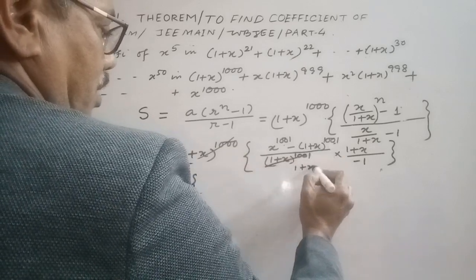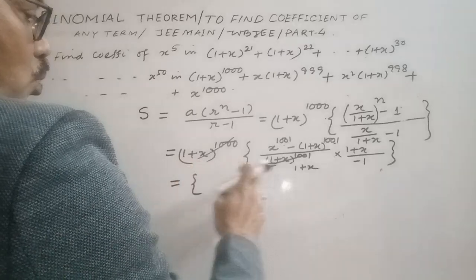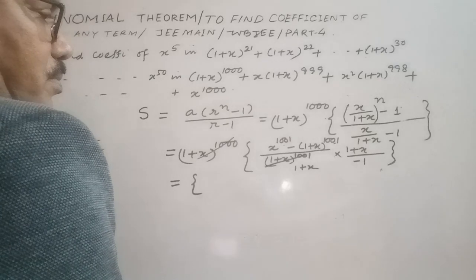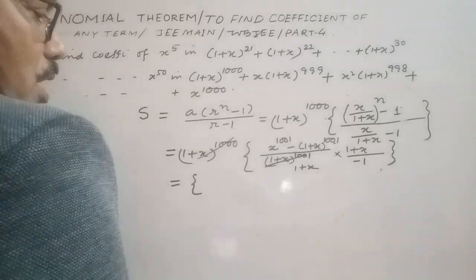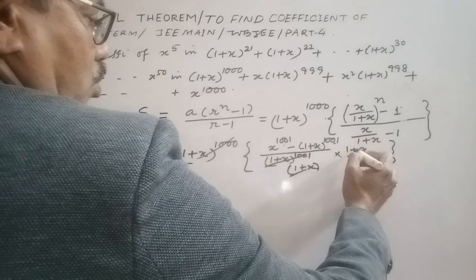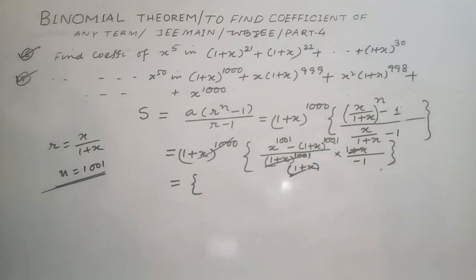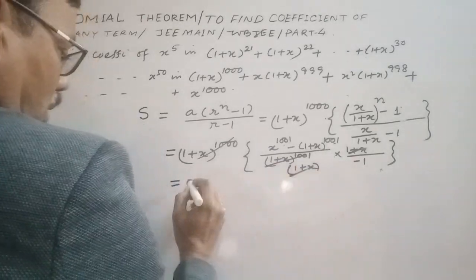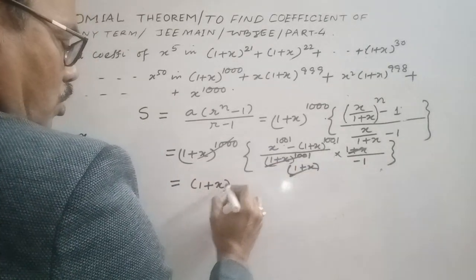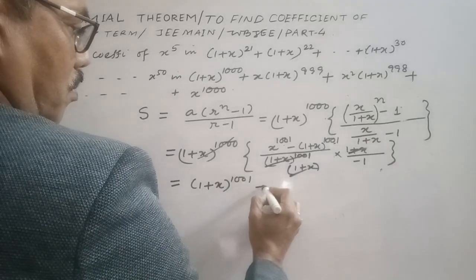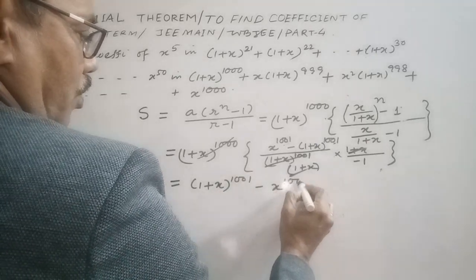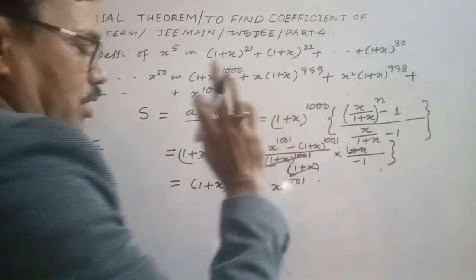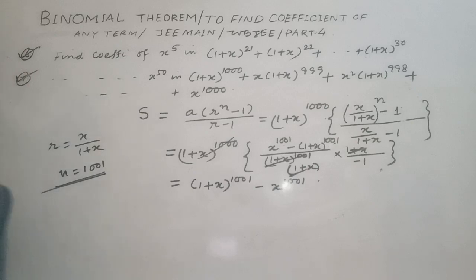This is 1 plus x, this is 1 plus x, and 1 plus x will be cancelled out. So finally we are getting minus 1 plus x whole to the power 1001 minus x to the power 1001. So this minus is absorbed. So we are getting